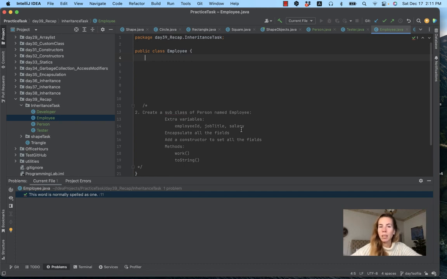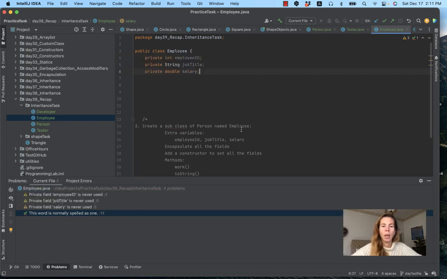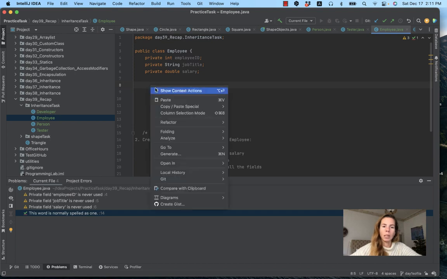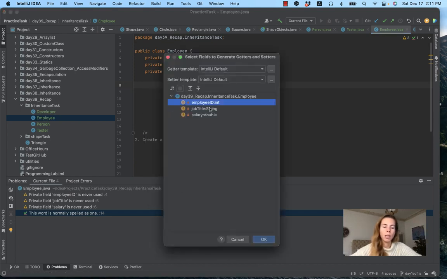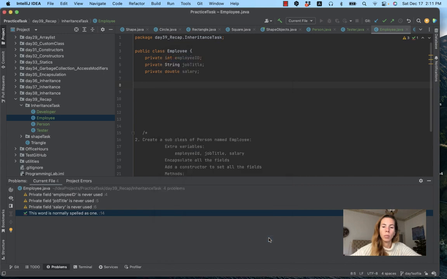This is going to be my instance variables, and I want to have them private, so I will have more control of them. And here they are: private int employeeID, private String jobTitle, private double salary. Great. Because they're private, I will need a setter and getter to be able to use this data. It's very easy. I right click, pick generate setter and getter, choose the variables, press OK, and